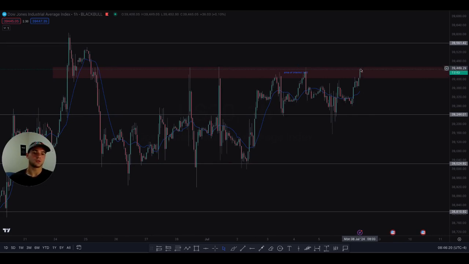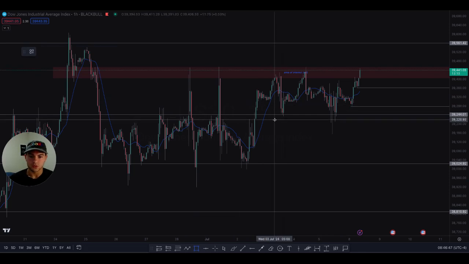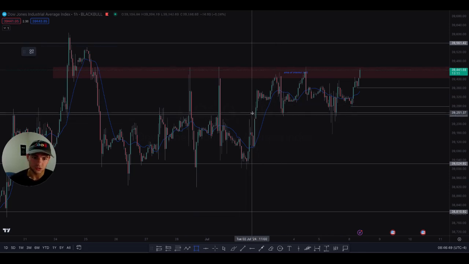If we break above the 1 hour close, depending on how we close, I would potentially see price moving up. And if price starts to dip down, I would probably wait for the break of this low and then this low again, and then of course wait for this area. So this is another area of interest over here